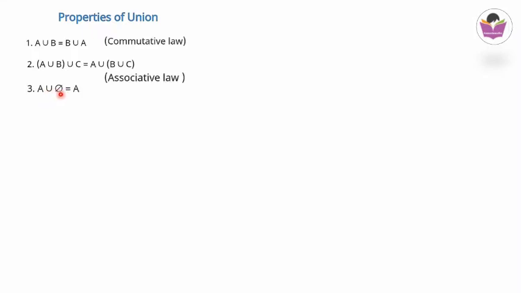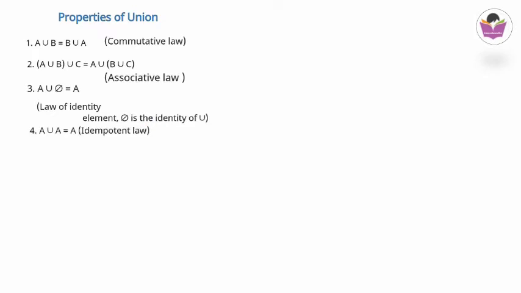A union null set is equal to A union phi. This is the symbol phi. A union phi is equal to A. So this is quite a logical statement. Union means together. A set is there, and you are mixing it with a null set where there is no element. So surely you will get the set A only, because the null set has no element. So A union null set is equal to A. This is the law of identity element, or phi is the identity of union. This is very important, just keep it in mind. Phi is the identity of union.